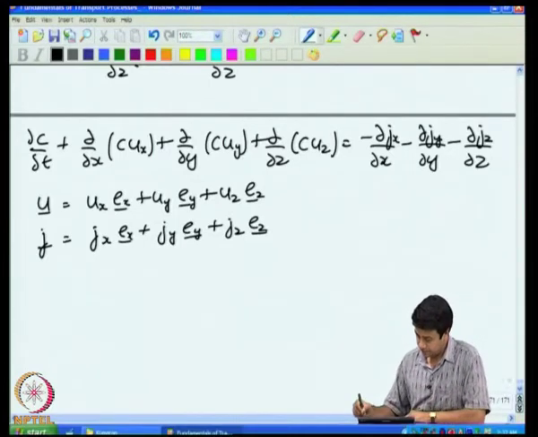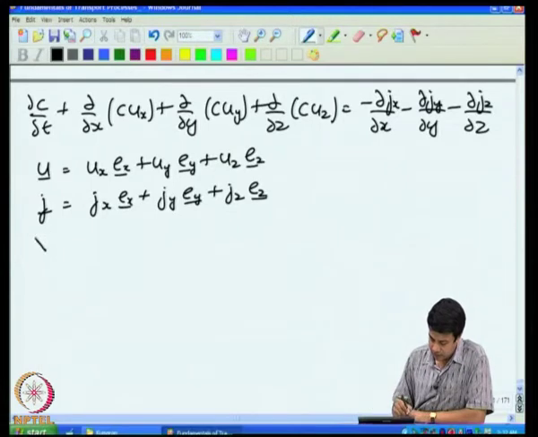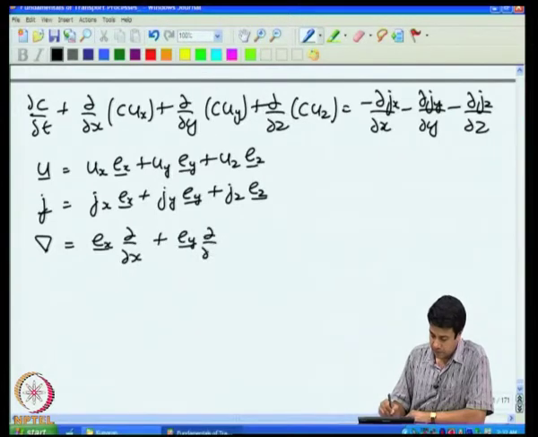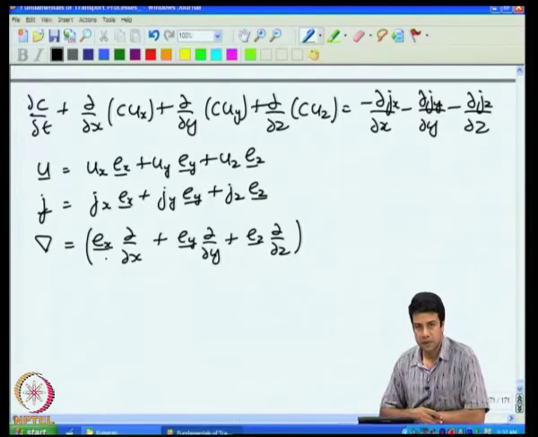Okay. This is called the gradient operator, which is Ex d by dx plus Ey d by dy plus Ez d by dz. Okay. We have defined these vectors in the gradient operator in terms of an underlying coordinate system, the